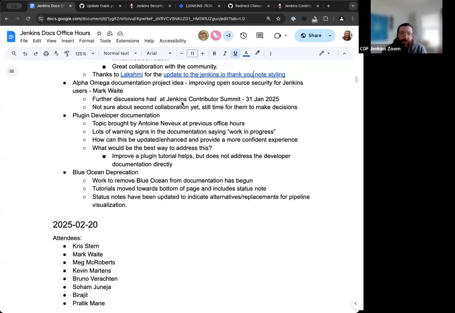If they do end up selecting us, there will be potential for creating more tutorials for plugin developers, not just maintainers. The adopting a plugin tutorial has been very successful and very helpful for users adopting plugins, but that doesn't cover topics to do with plugin development or long-term maintenance in the same way. So having additional topics for those tutorials would really extend the documentation and provide more resources for plugin developers and maintainers to better their skill set, better the experience of users of the plugins, and just overall create a better environment for everyone.